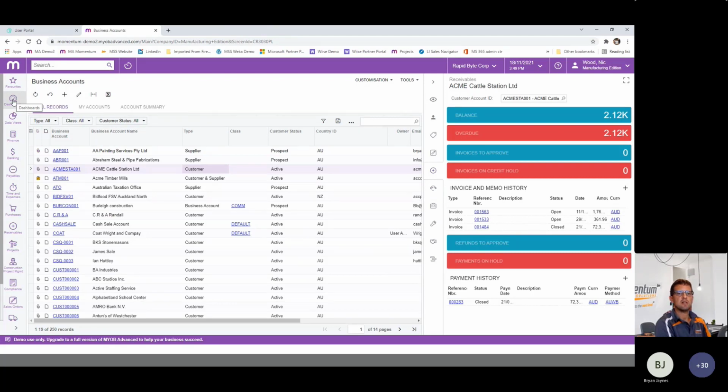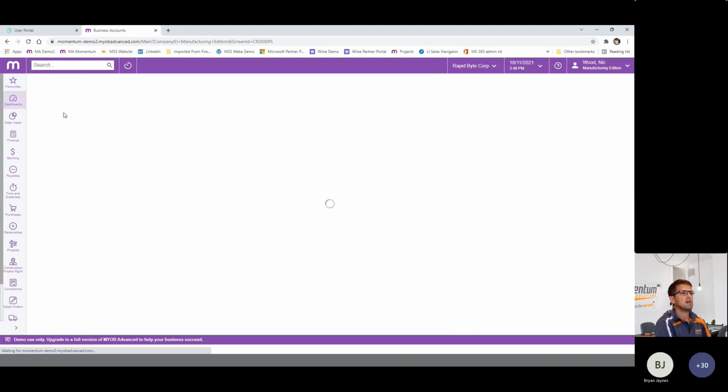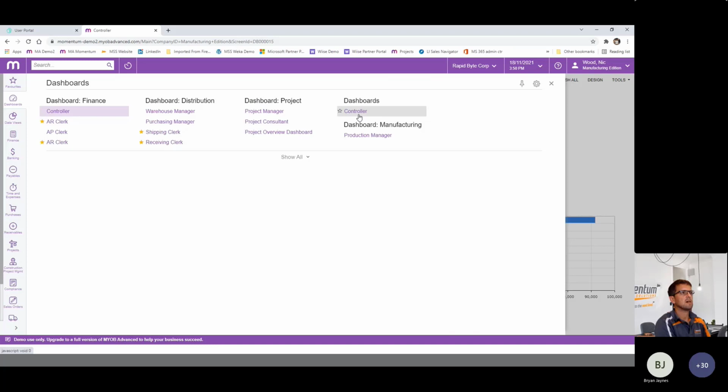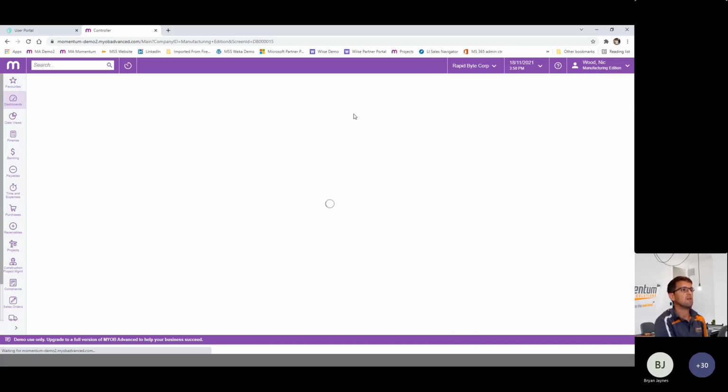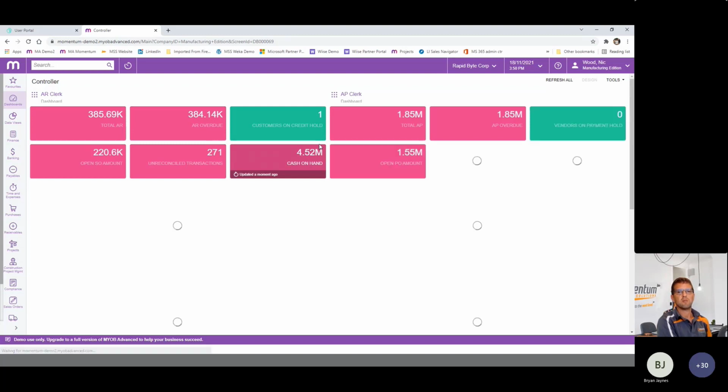Another enhancement in the new release has been the addition of a couple of standard dashboards. These finance dashboards, some of our clients had custom versions of these added previously, but they've now been added standard as part of the upgraded release. I'll be going over this in the next training session later on in the call, but essentially these dashboards allow you to have a range of relevant information specific to various operations in your business.